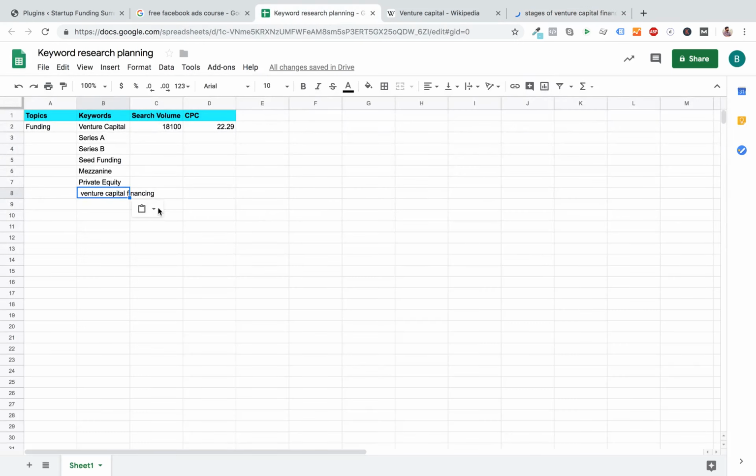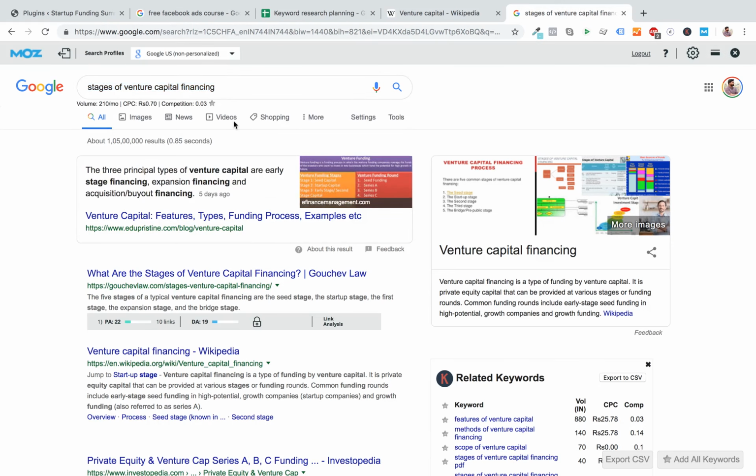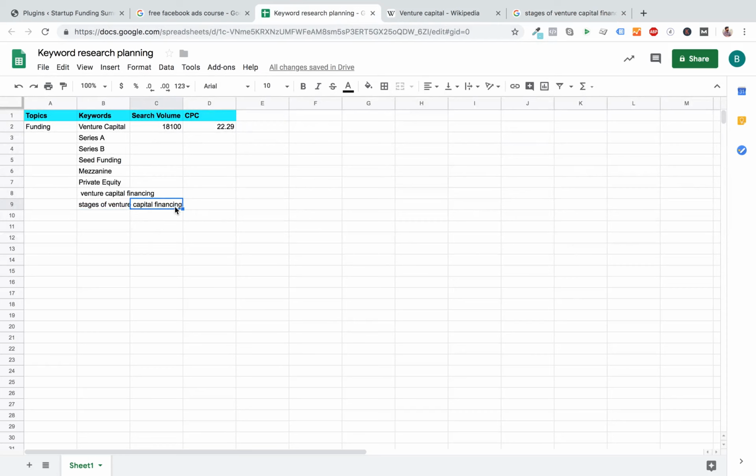I hope this is clarified, right? So I'll get this again for this keyword. If I want to get the search volume and the cost for this, it is 210 and 0.7, right? So I can make a bunch of these and build the list here, right? So the list goes on. I can either get these rates from here.